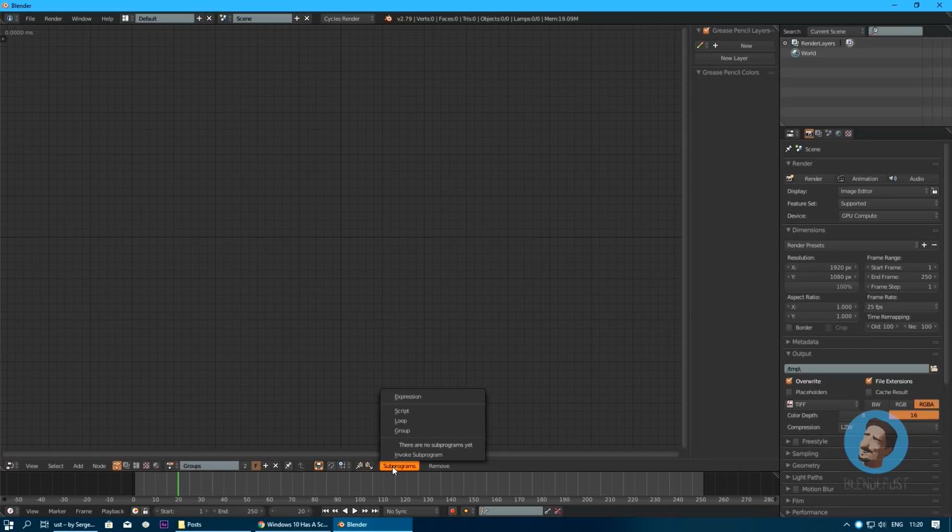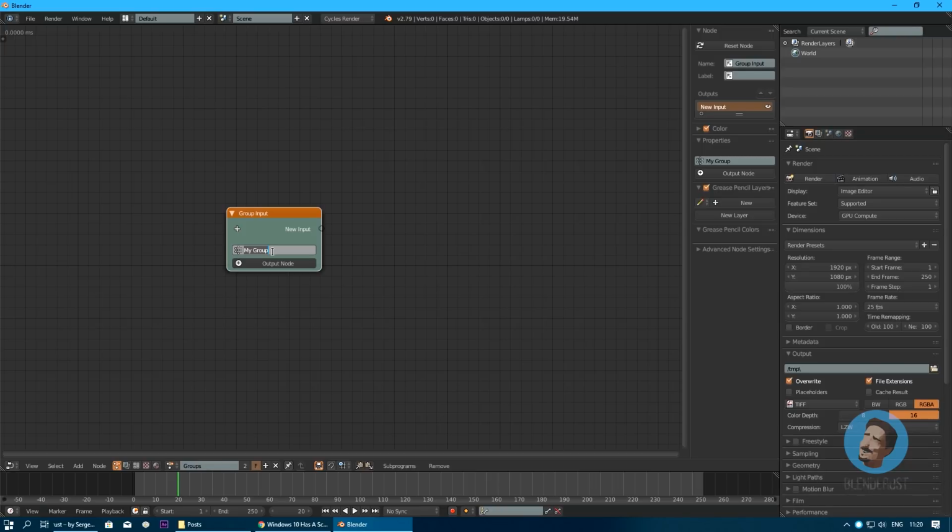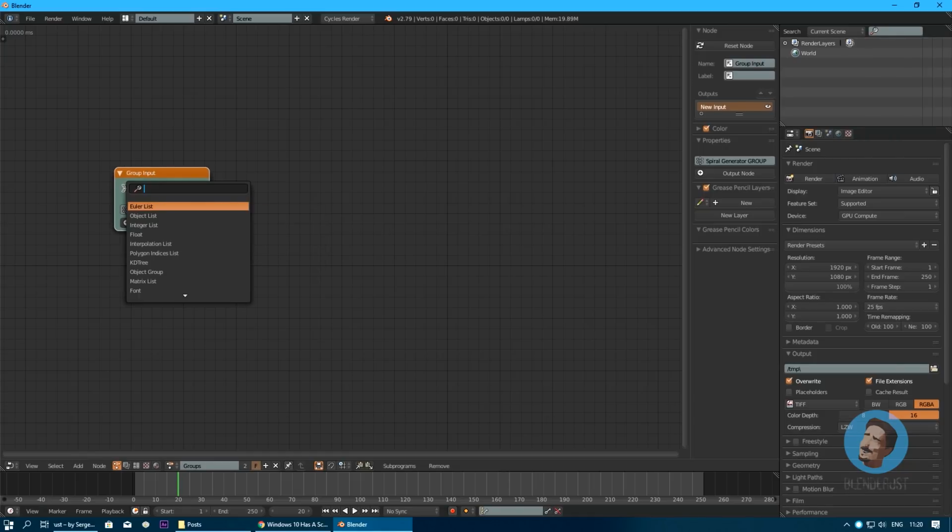So we're going to start with creating a group subprogram, which is actually going to generate our spiral geometry. And this is an essential thing to understand, that you can actually create new geometry with animation nodes, even without dedicated generator nodes. So we're going to call it spiral generator group, and we're going to need a few input values,